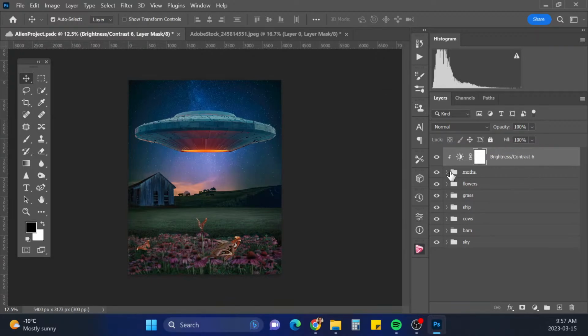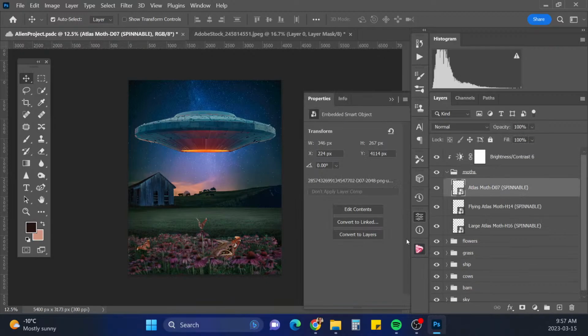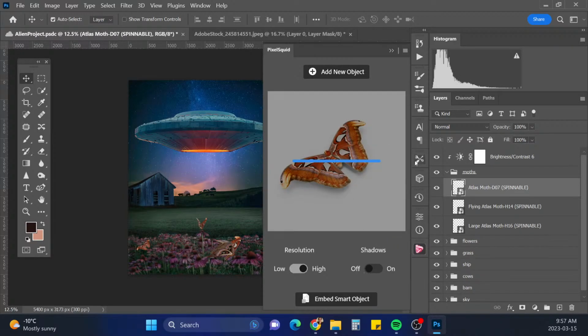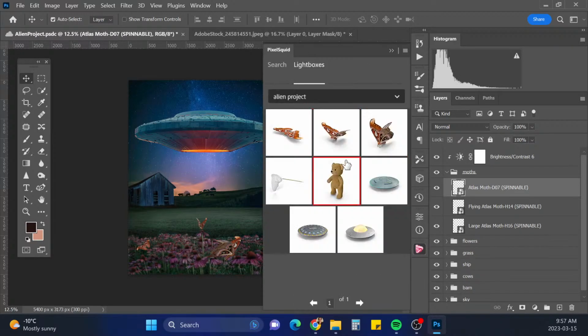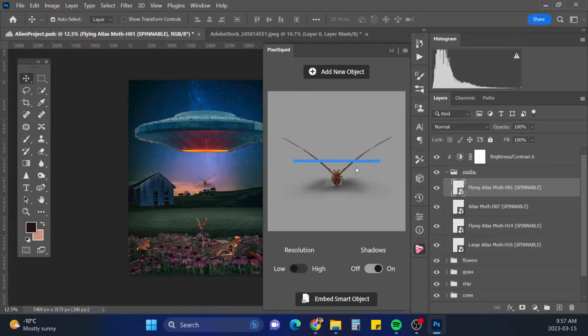All right, okay, 2 more. Oops, keep hitting the wrong buttons. Add another, let's pick another one of this guy and just do a different angle. Maybe put them further back.